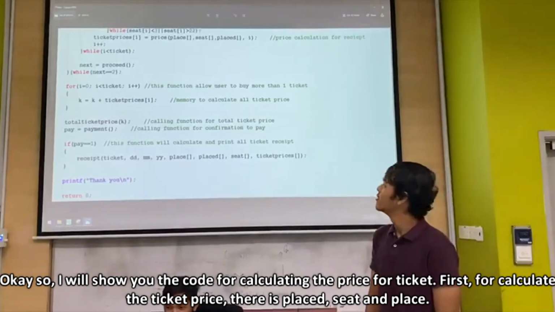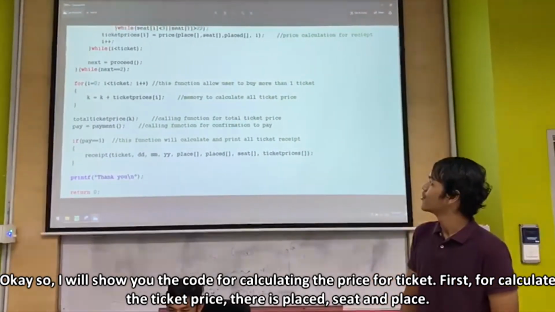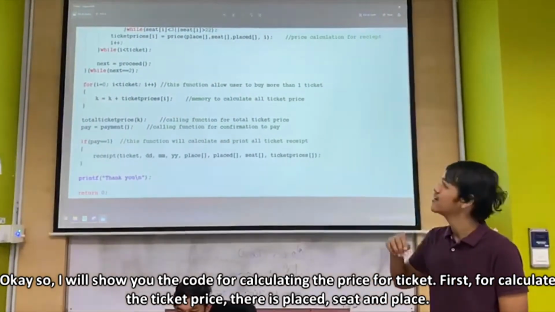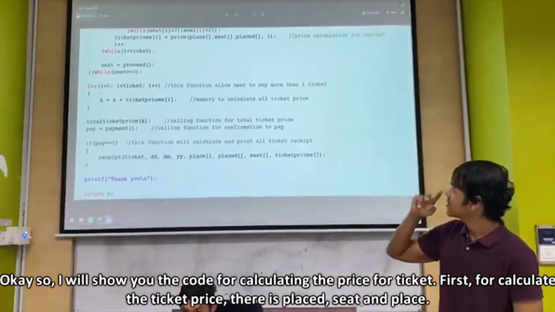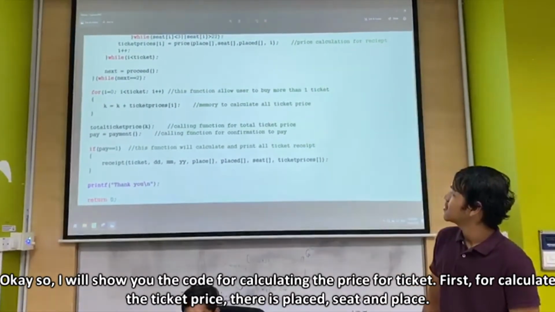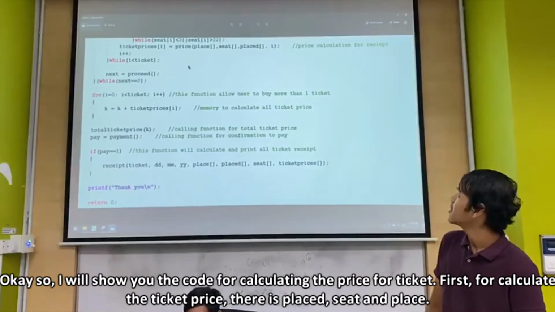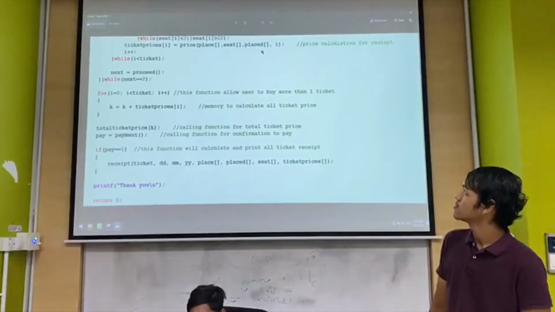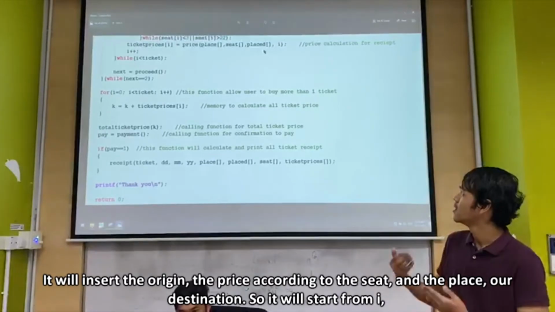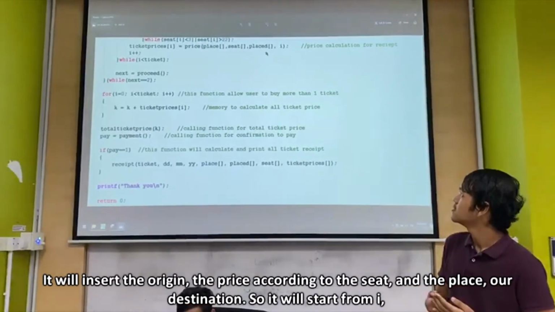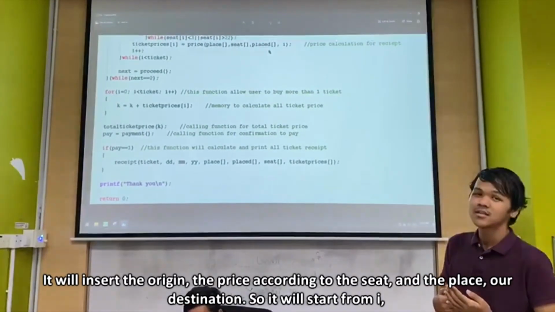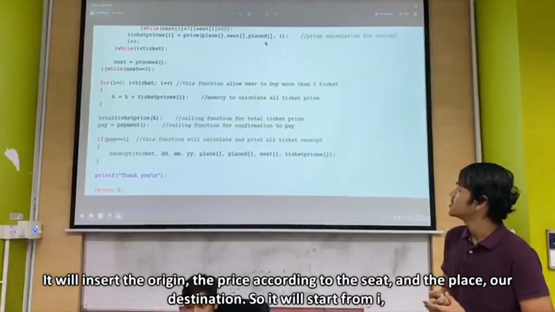Okay, so I will show you the code for calculating the price of a ticket. First, you see the ticket price, they have place, seat and place. So you will set the origin, the seat, the price for the seat, and the place, our destination.